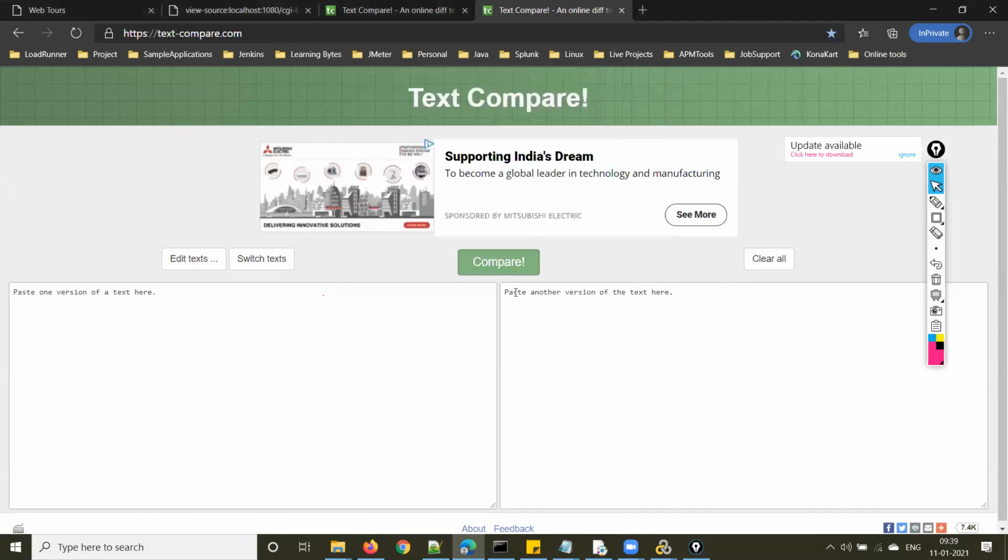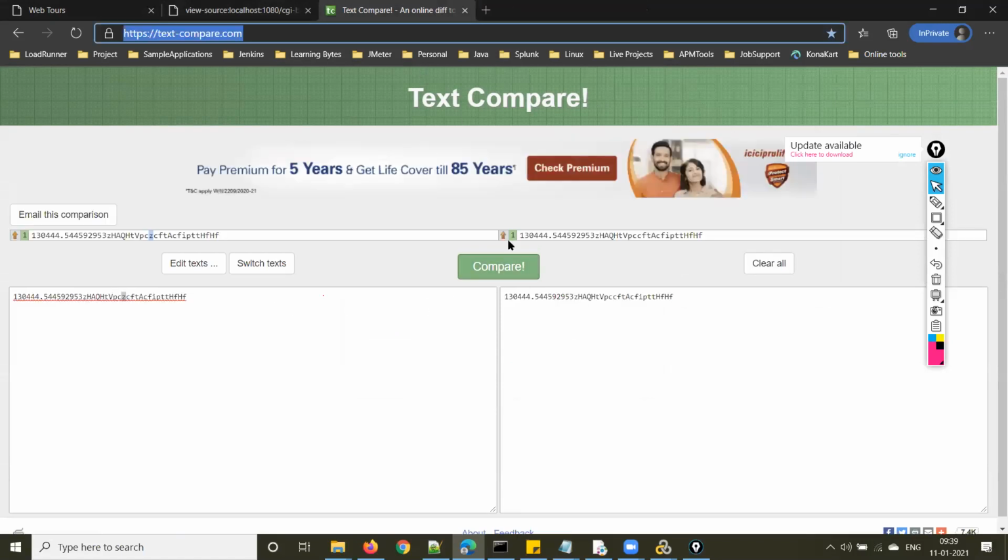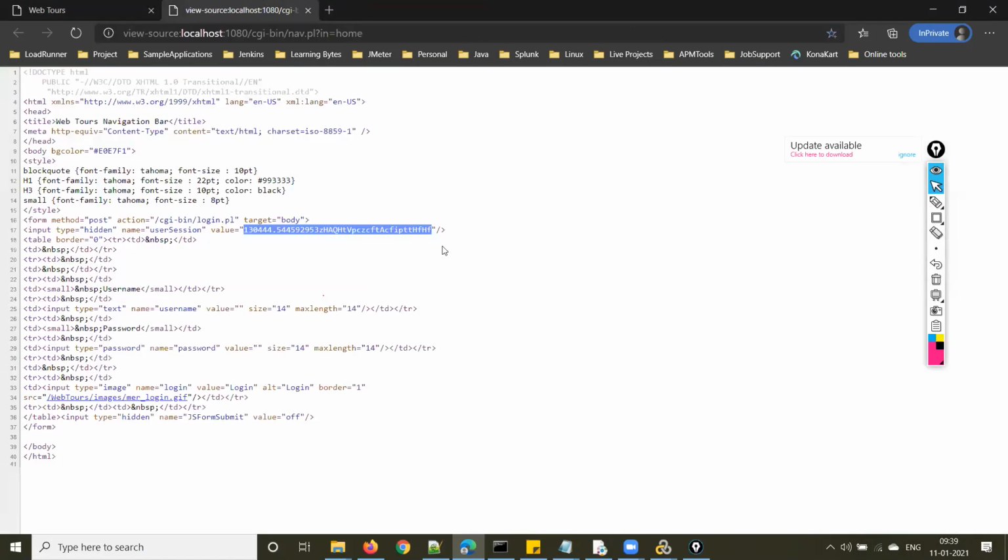Is it clear how it works? Yes, sir. And it has clearly shown that both the texts are same.